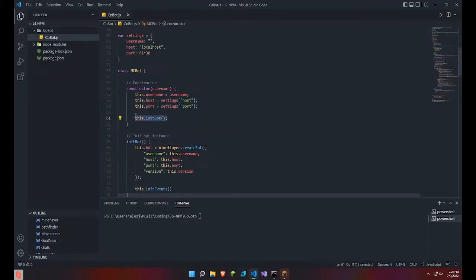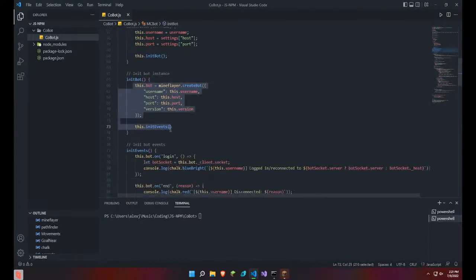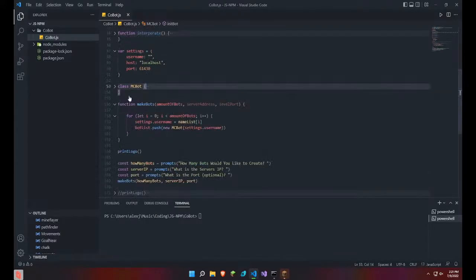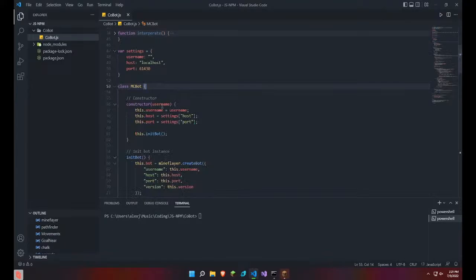Now, initBot is basically where I'm just initiating everything. And in initBot, oh, I actually have to explain this. So this.makeBot sets the username, and then in here, for every bot, it creates a new bot with the name that was chosen, or the new name. And the host gets set to the settings of host. So in settings, there's a